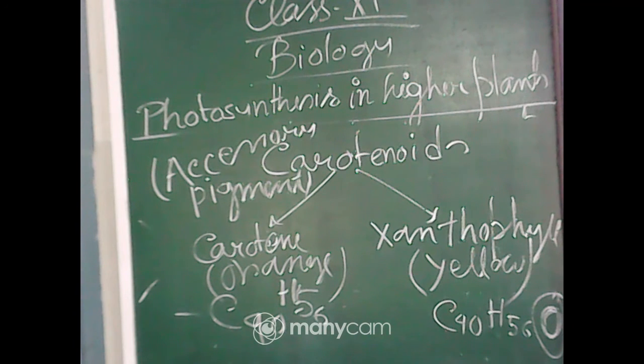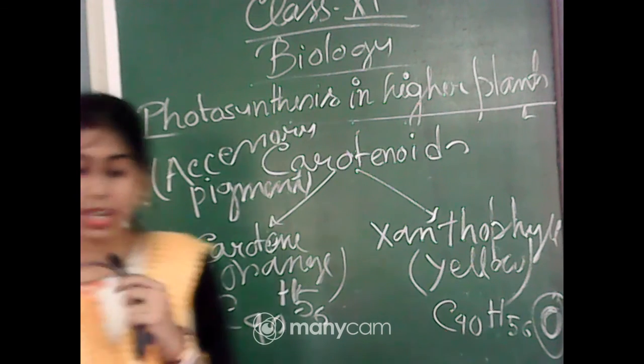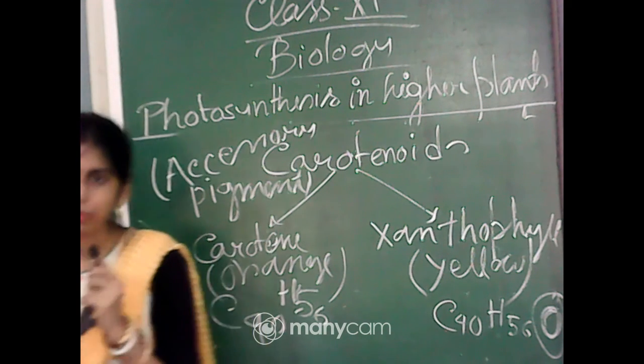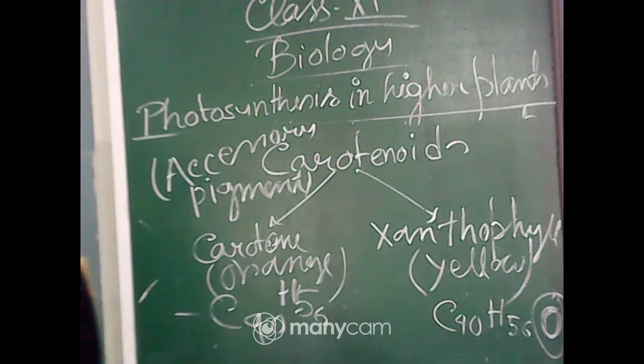Okay, so where can we get carotene? We can get it in the tomato. In the tomato, beta carotene can be found. In the chili, lycopene can be found, which are examples of carotene. Now, xanthophylls can be found in fucoxanthin and lutein. You have read that part in the previous chapters. So, these are the different accessory pigments.